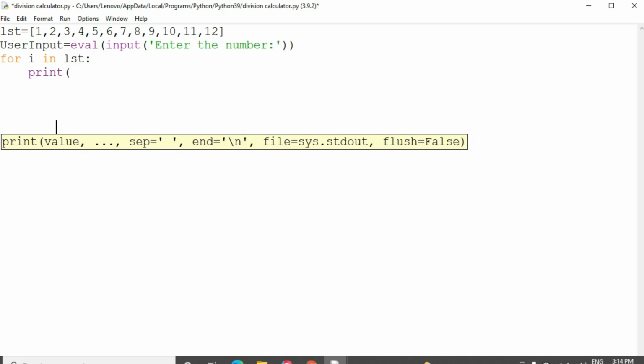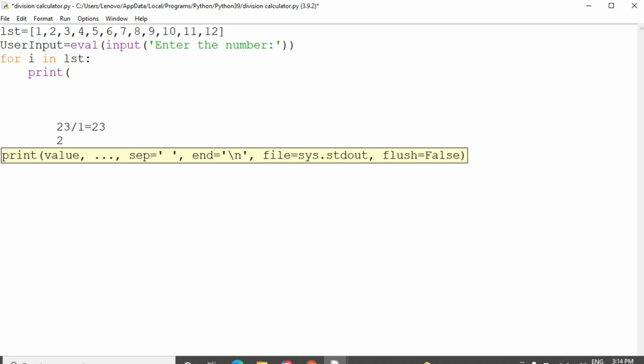So first, how the result looks like: I am giving the number 23, so 23 divided by 1 equal to 23. Then 23 division 2 equal to 11.5.